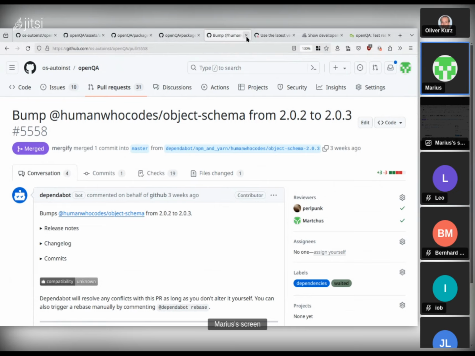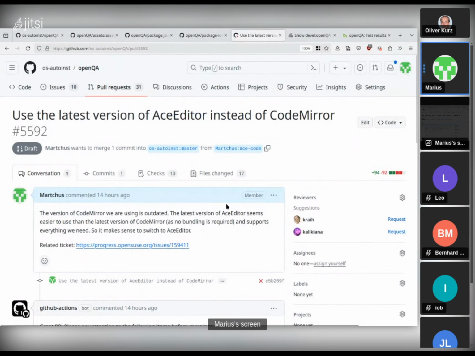Yeah, so that's about the bot updates. Of course, if you wanted to contribute to OpenQA, it would be more interesting to know how you would actually change a dependency. And I actually created one pull request quite recently, which would use Ace Editor instead of CodeMirror, because we are